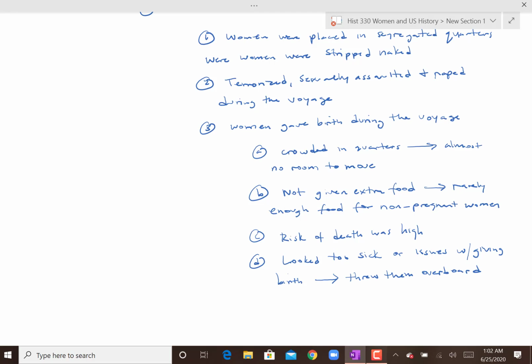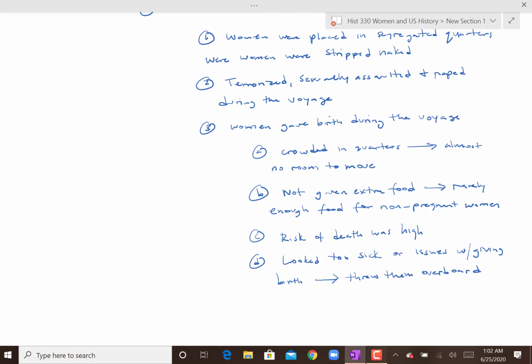And then anyone, men and women who were sick, if it wasn't mild and you didn't recover quickly, you were also often thrown overboard while still alive. And so you had, like I said, the added risk of women who were pregnant, or who had children with them, because they often were giving what food they had to their children. These women were more likely to be killed during the Middle Passage,